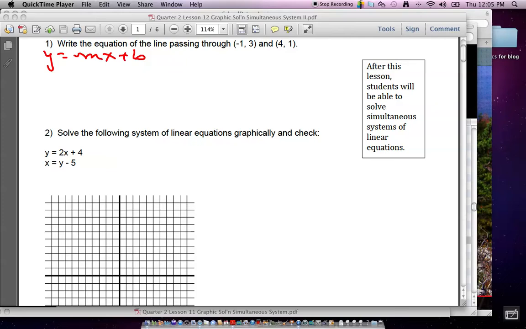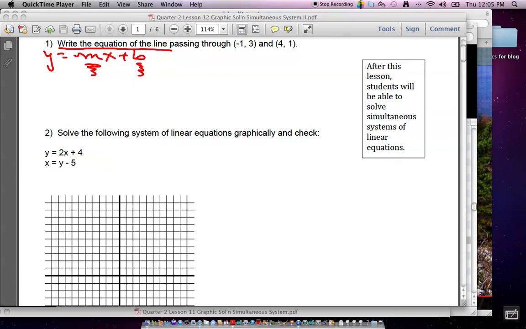But anyway, y equals mx plus b. As soon as you write the equation of a line, just like I knew if my father or my mother looked at me and said, "Robert Carl Lindquist Jr.," I knew the hit was coming. I was ducking because I knew I was about to get nailed. If I write the equation of a line, automatically y equals mx plus b. Now I need to find the slope and I need to find the y-intercept. So let's go through and find the slope. That's pretty easy to do.